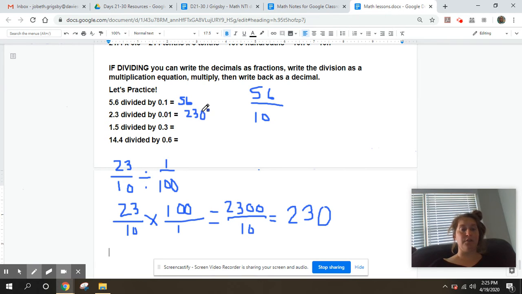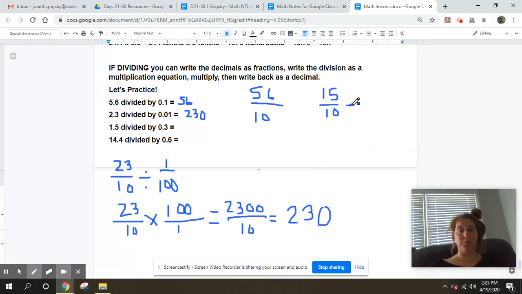Now, the next two are a little different because they don't divide by powers of tens, okay? So we're going to use the same strategy, though. We're going to write as fractions. So how can we write this properly? Who can remember? So we have 5 and 6 tenths written as 56 tenths. We have 2 and 3 tenths written as 23 tenths. What would this be? Yes, very good. 15 tenths